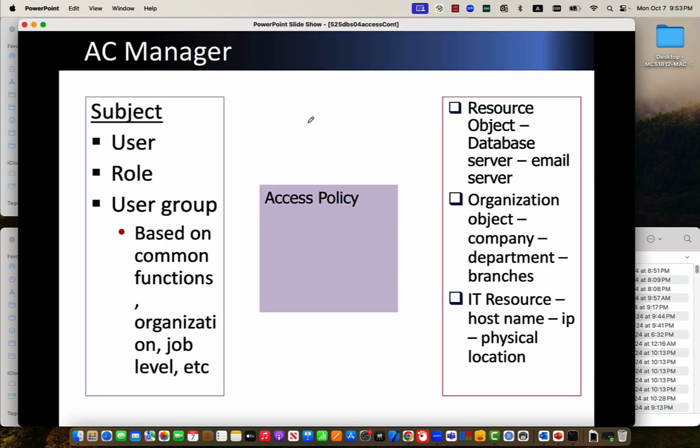Table levels and database levels. So already we looked at, we have a subject and some of the objects, and then there is access policy. Subject could be user or role. By the way, MySQL does not allow us to specify role, but if you are working on Oracle, then